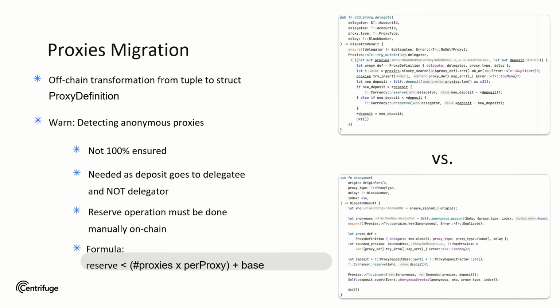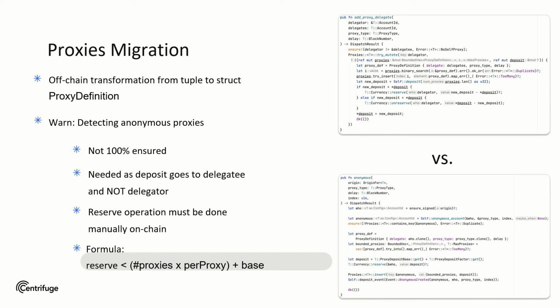Now, the third data set that we migrated is the proxies migration. There's also a transformation that we needed to do from tuple to proxy definition. But this was not complicated. This was the same proxy types, just everything in an actual struct. But what is a little bit complicated is the fact that there is some difference between anonymous proxies and normal